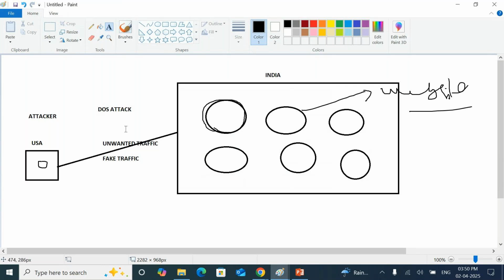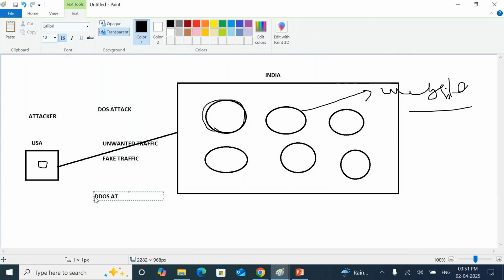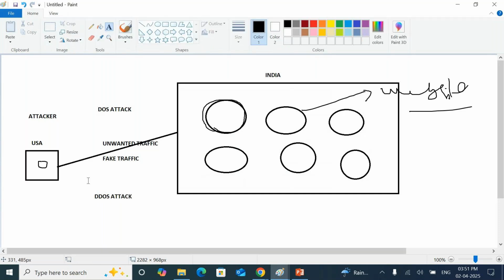There is another attack, that is the DDoS attack. What is a DDoS attack? Sir, like a DOS attack, a DDoS attack is also the same, sir. But the impact of the DDoS attack is very fast and rapid. Why? Because he is not trying to access from one computer. In a DOS attack, only one computer will try to disturb all the services. But in a DDoS attack, multiple users and multiple systems will be involved. Distributed systems will be involved in the